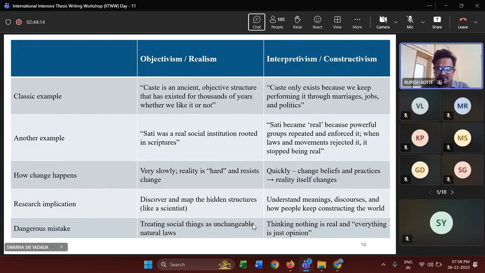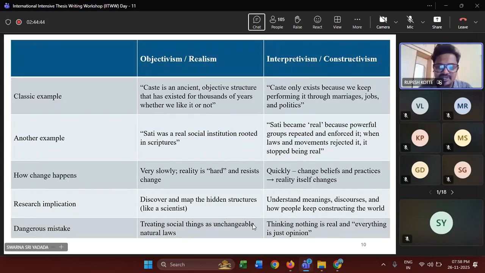Yeah, when it is through the objectivist lens, it is very slow. Reality is hard and it resists change. You cannot change it. But when it is through the other lens, it is quick and it changes beliefs and practices, and reality itself changes. So what is the research implication, and what are the dangers that we could predict in